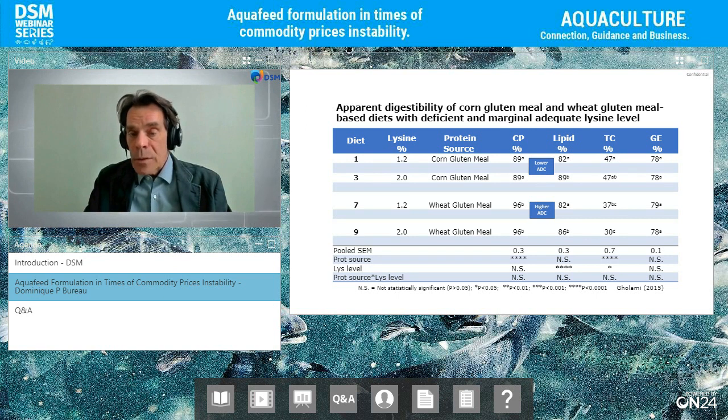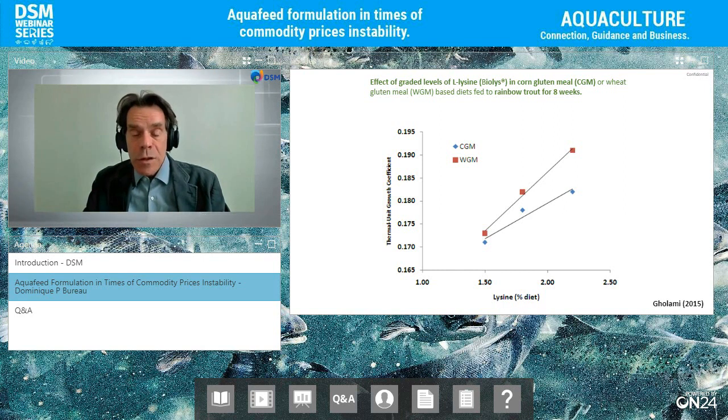So we compared the performance of fish fed the wheat gluten versus the corn gluten meal, in response to lysine, and even at deficient lysine levels, as we increased the level, we had a much better response with wheat gluten than with corn gluten meal because of this problem of quality of the general protein of that ingredient. So be careful: even though you say, well, I have good success with that ingredient, it can change. Characterizing that ingredient is pretty important.